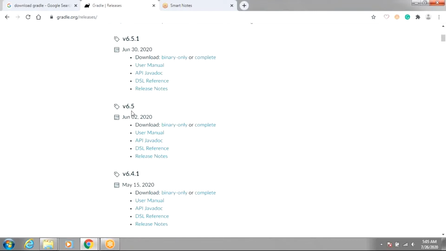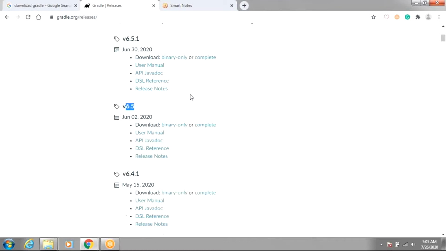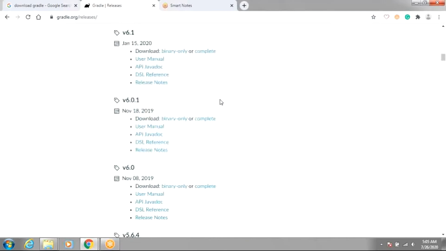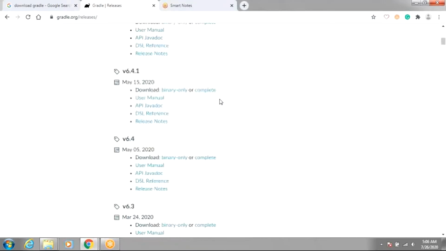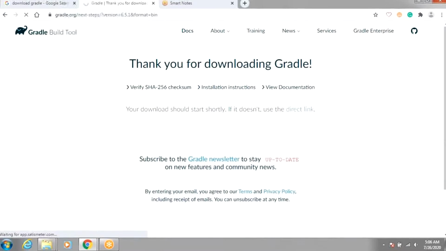If you scroll down a little, we can see version 6.5, released on 2nd June 2020, and the latest version released on 30 June 2020. Here is the list of versions. I am going to click the first one, the most recent one, released on 30 June 2020.